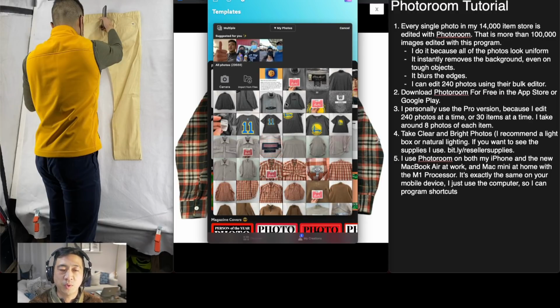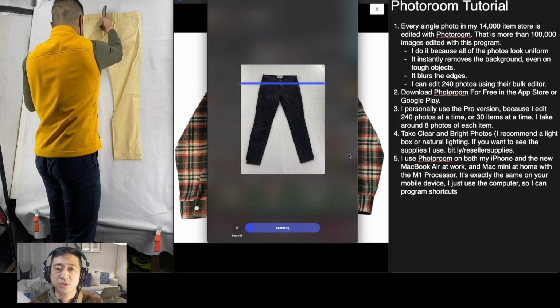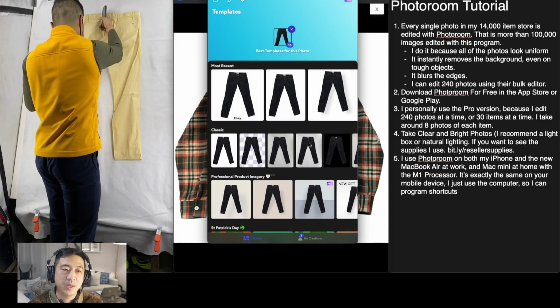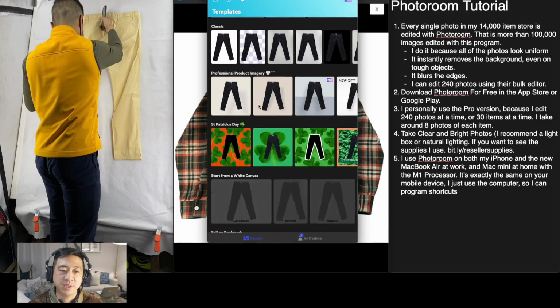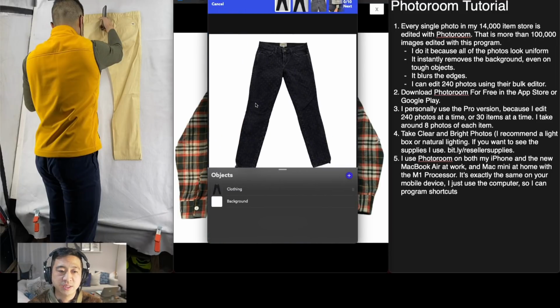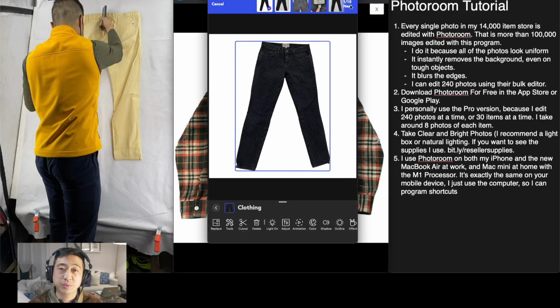You can select from those, or you can import it from your computer. Just as this sample, I'm going to import this pair of jeans into the editor and show you guys how I use it. So pull it in, pick your favorite template. They have tons of templates, but I use eBay because I'm mainly an eBay seller. So click on this and you click on next in the top right corner,